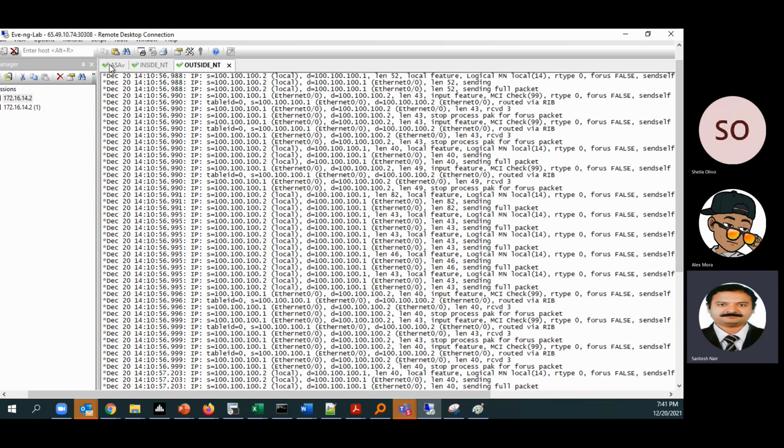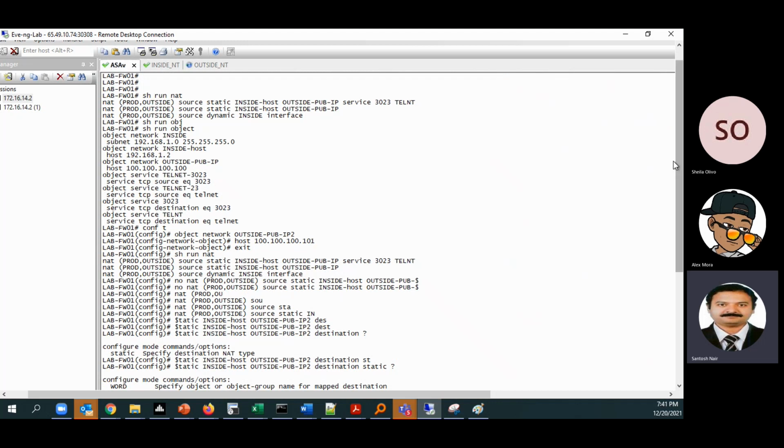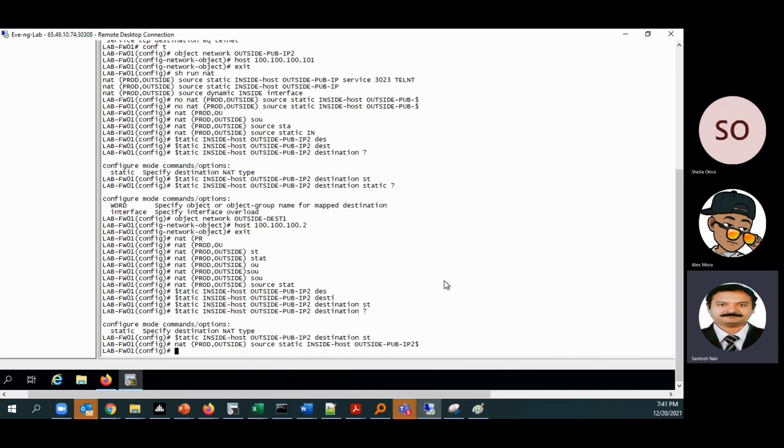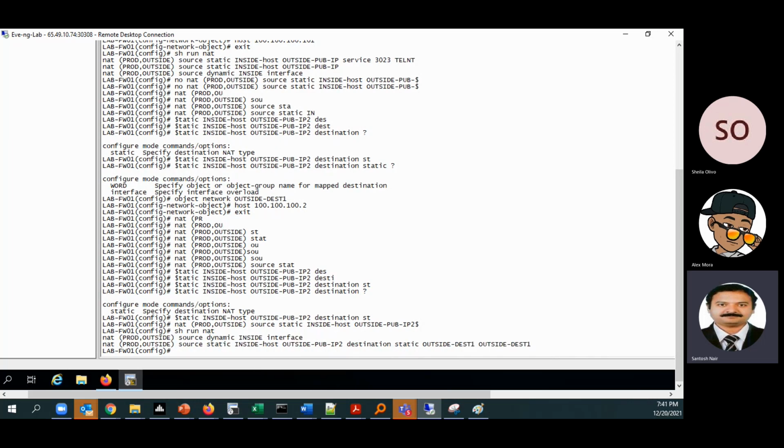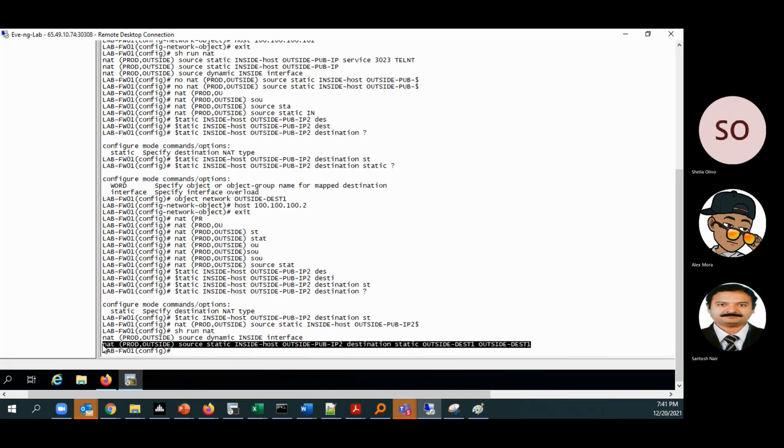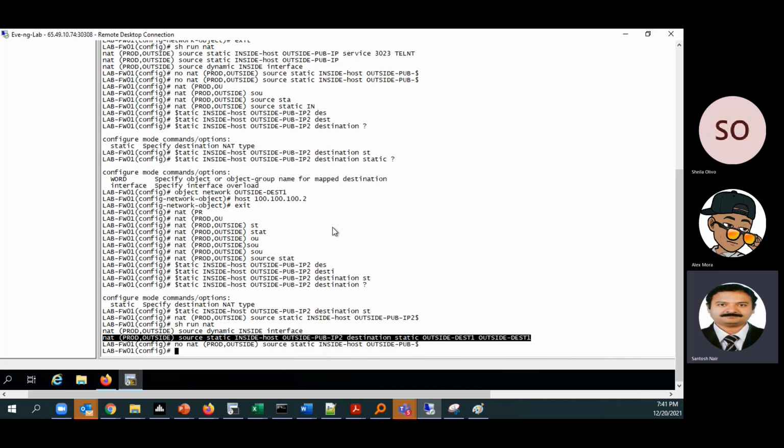Why? PAT is last, right? But it is still going because of the order of the NAT. In manual NAT, the network engineer has to take care of the order of the NAT. So this has to be changed, and I have to give it the rule number as 1.